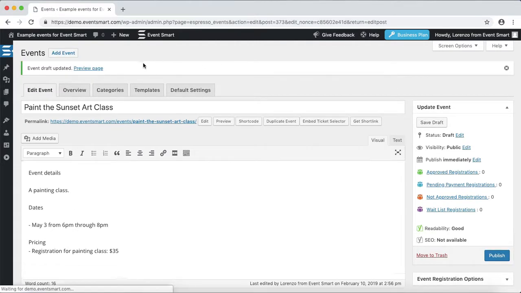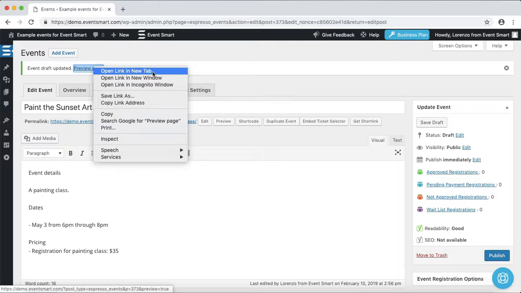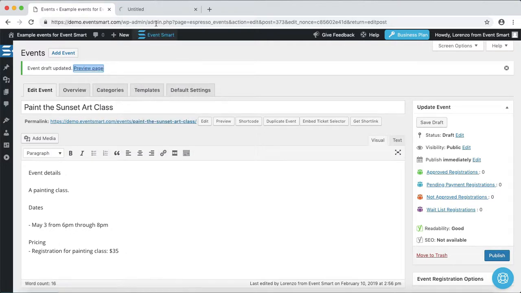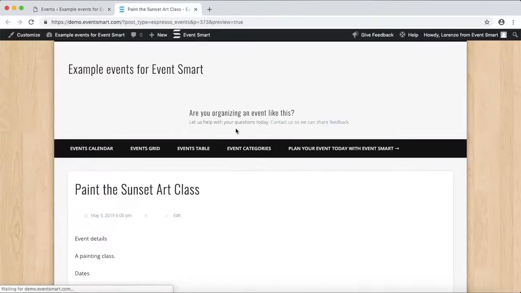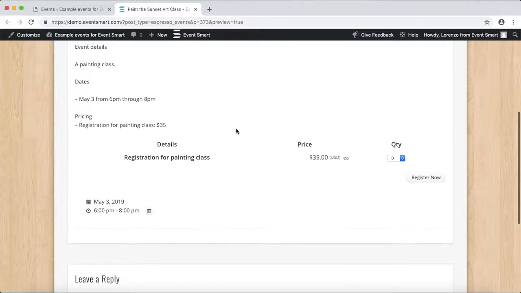And now let's go check out this art class on the front end. So I'll follow this link. And here are the registration options. So a registration fee for this painting class will be $35. So for example, if I wanted to register for 2 guests or 2 attendees, I would select 2 and then